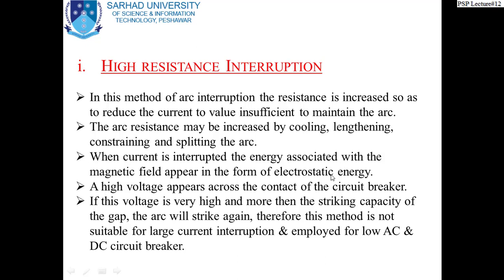Electrostatic energy depends upon the voltage. So two things. One is current. When the current is flowing, when the arc is there, we have magnetic field energy, or electromagnetic energy. And when the current is diminished, the voltage rises because we have two contacts. When the current comes to zero, the voltage between the fixed contact and the moving contact will be the system voltage. When the contacts are closed, the voltage across them is zero or very minor, right?